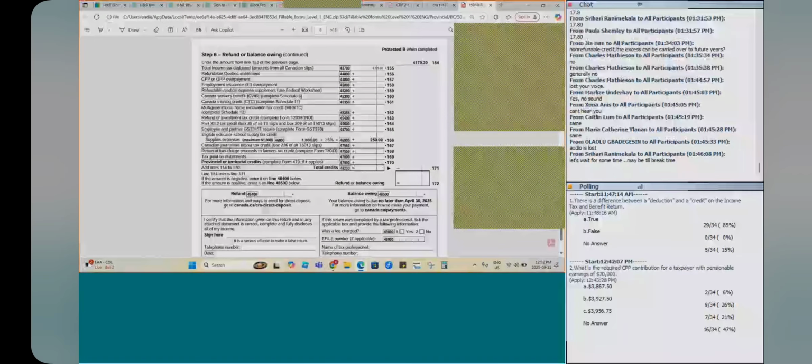$41.79.30 plus 250. Good. So 44.29.30. And that comes over to line 171. So the 41.79.30 minus the 44.29.30 gives us minus $250. And if it's a negative amount, it goes to a refund on line 48400. So in this case, a refund of $250,